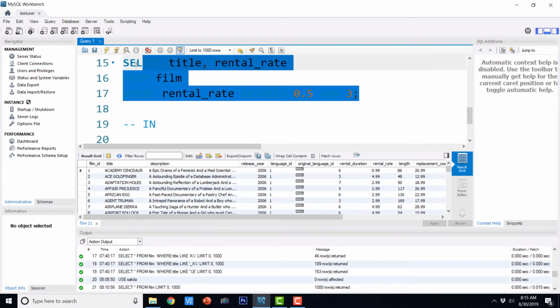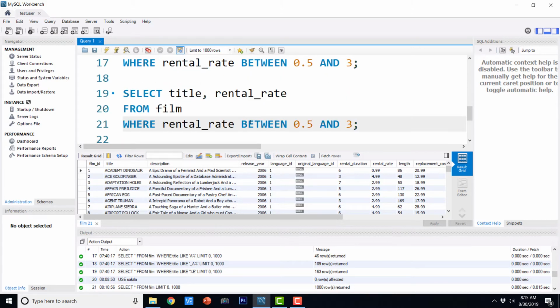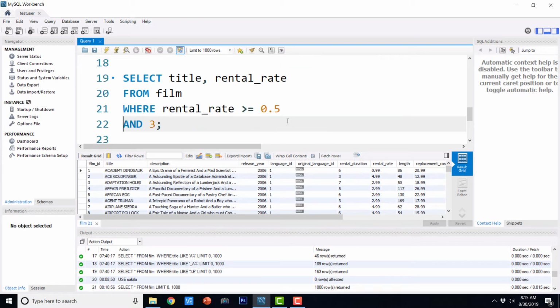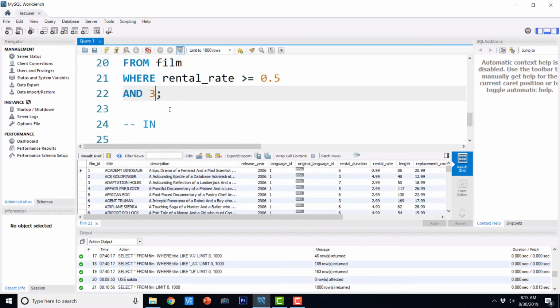So I'm just going to copy this entire query as it is, paste it, and use greater than or equal to, and less than or equal to 3.